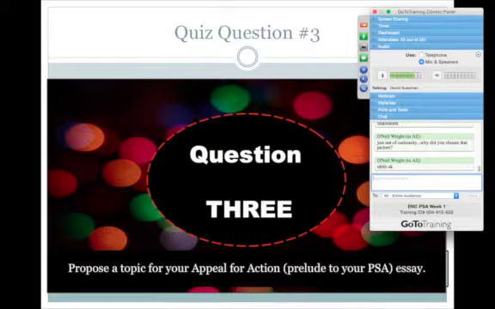So for quiz question number 3, you're going to explain to me what your topic is. And don't just put like 2 words like, I don't know, streaming music, because that doesn't tell me really what your topic is. Give me some sense of what you're working on and why it's a specific issue or problem. And to help you out, I am going to give an example of a topic that could work for one of your areas.